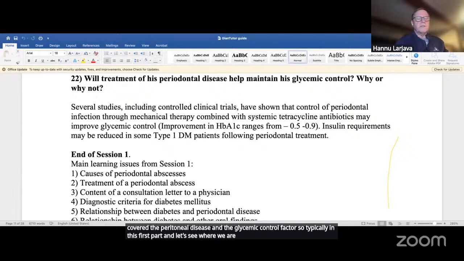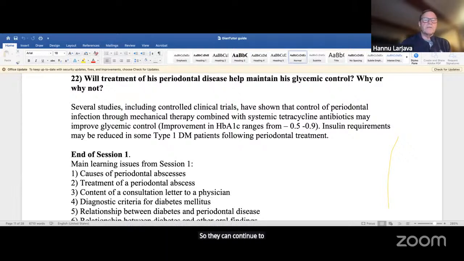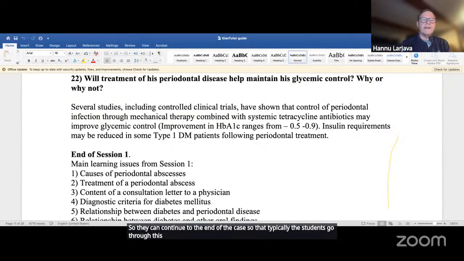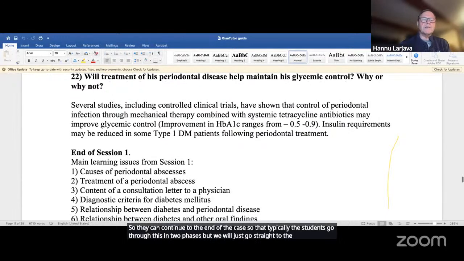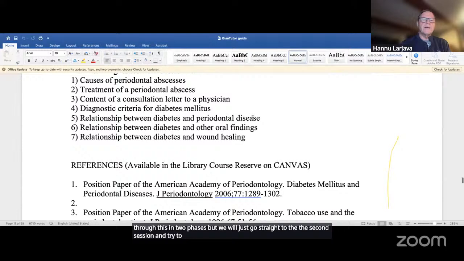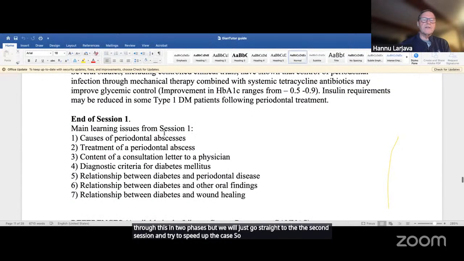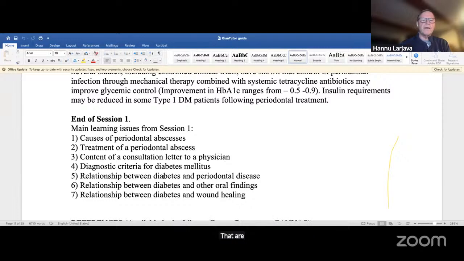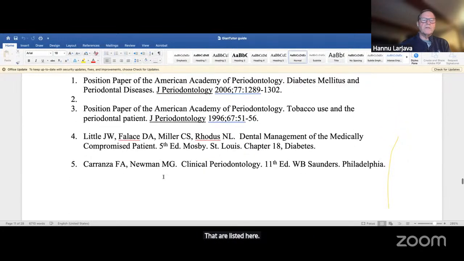So we can continue to the end of the case. Typically the students go through this in 2 phases, but we will just go straight to the second session and try to speed up the case. We have learned all these learning issues from the first round that are listed here, and we move on to the next